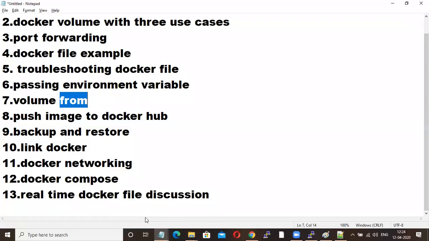What is the difference between microservices and monolithic? Can anyone tell me? See, that is a very important question. What is the difference between microservices and monolithic? Let me see whether I have that document.